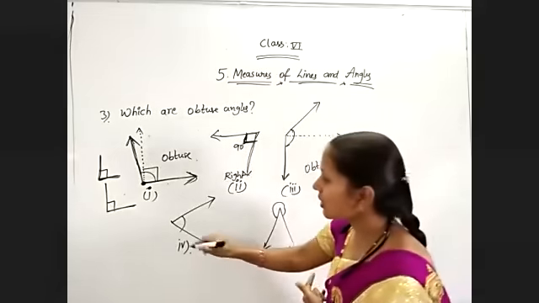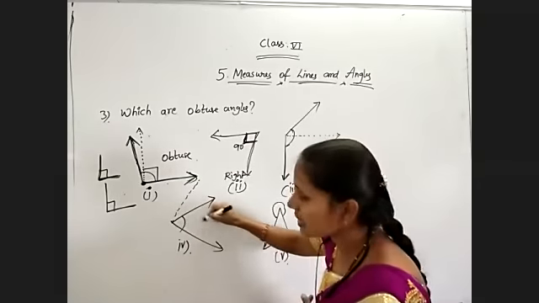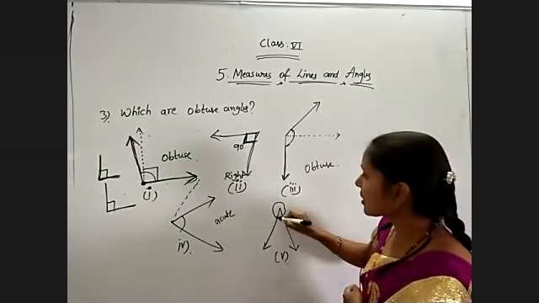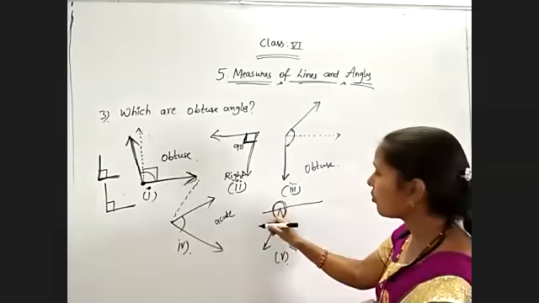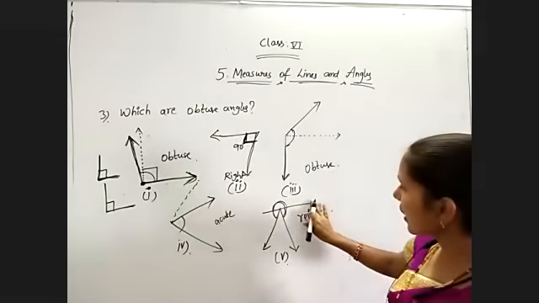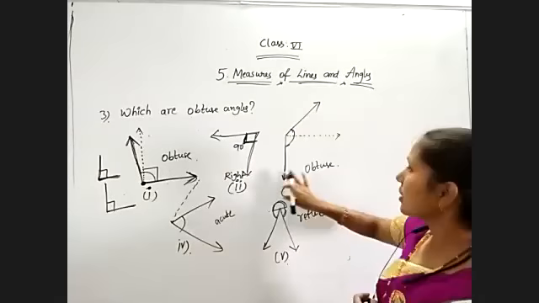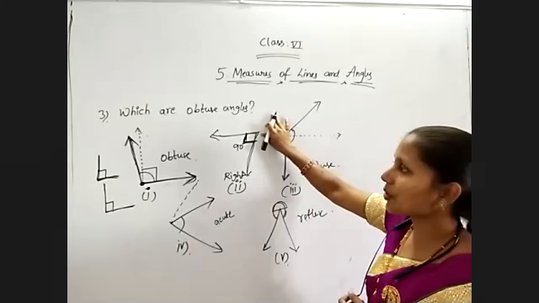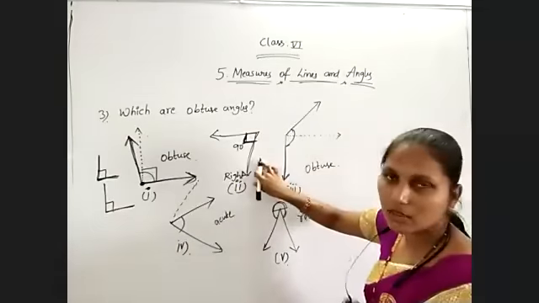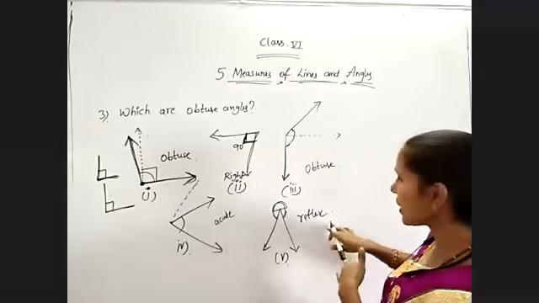Coming to the fourth one, select any one of the arms and construct an L shape. Here it is lesser than 90, so it is an acute angle. And coming to this one, it is more than 180. Just observe, more than 180 means reflex angle. So here there is no need to mention the measure values. We just need to state which are obtuse. The first one and the third one are obtuse angles. The remaining second one is a right angle. The fourth one is an acute angle. The fifth one is more than 180, so it is a reflex angle.